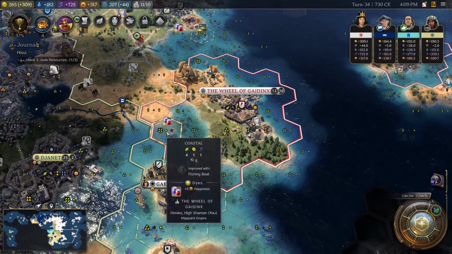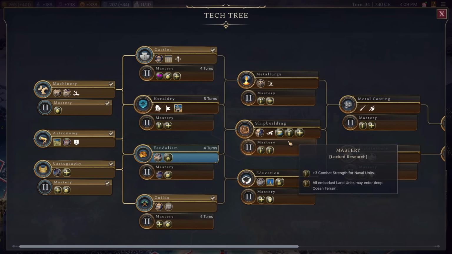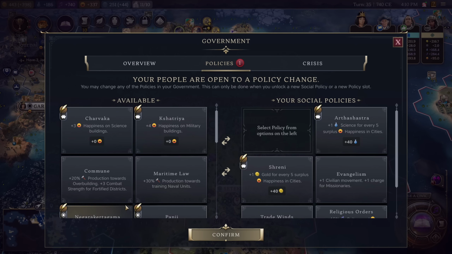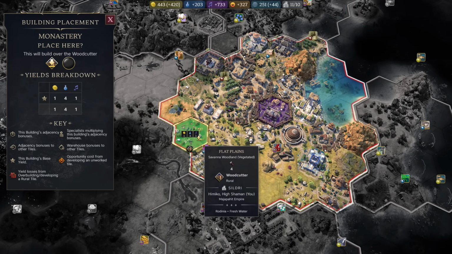Oh, I like that because it means I just have an opportunity to get all of the resources that I want. We have so much treasure. Not long until we can use it. Just need to unlock shipbuilding. More culture, you say? More culture. Rationalism, 200 science. My gold now, whilst I wait for my settlement limit to go up, is going to be